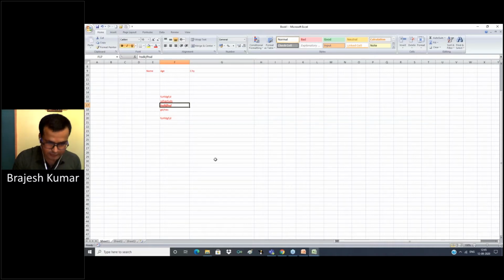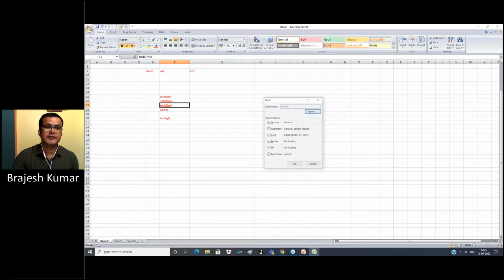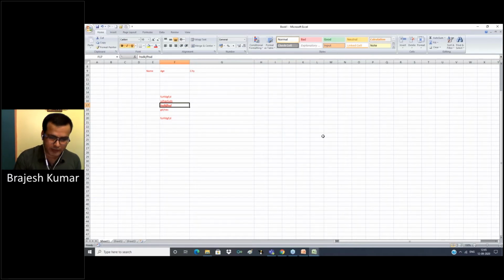Next is display style, how your data is displayed. You can press Control and comma.